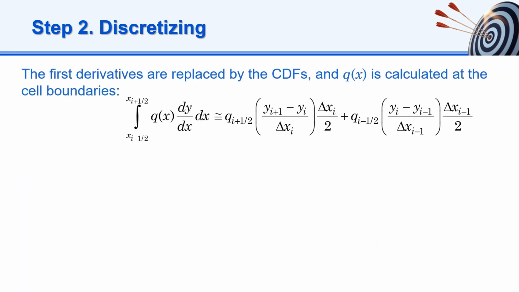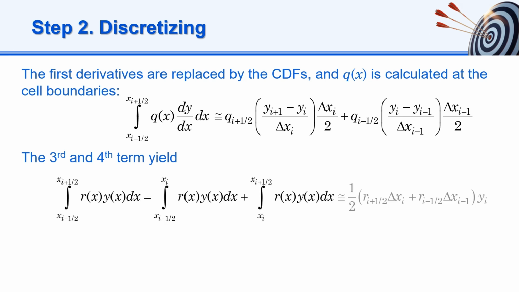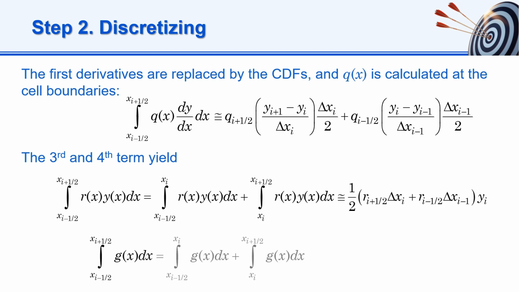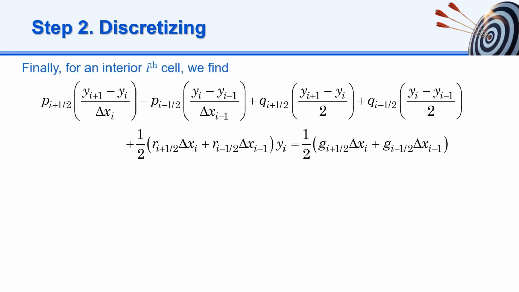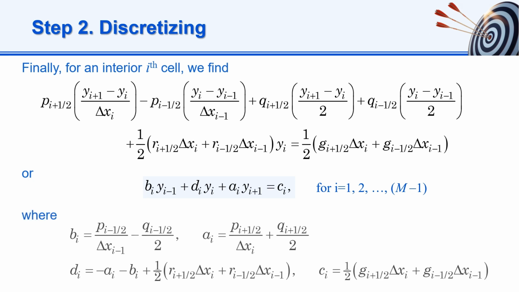The first derivatives are replaced by the central difference formulas, and q(x) is calculated at the cell boundaries. The third and fourth terms yield the following. Finally, for an interior cell, we find, collecting and simplifying similar terms, we get the following, where